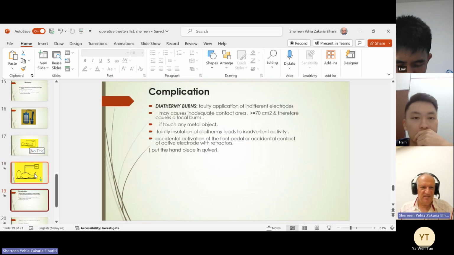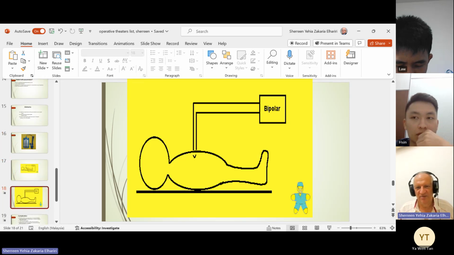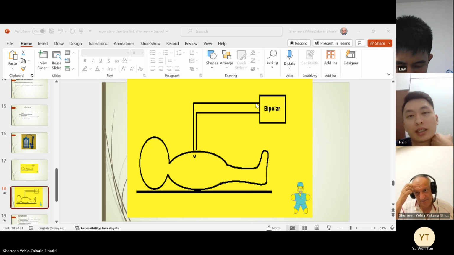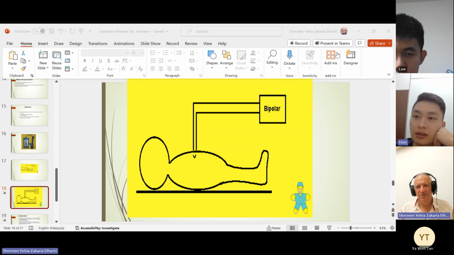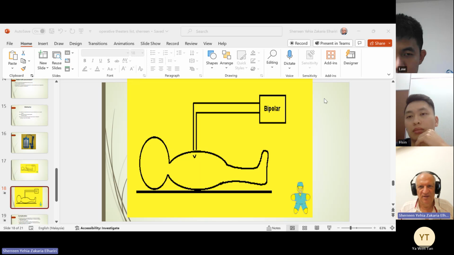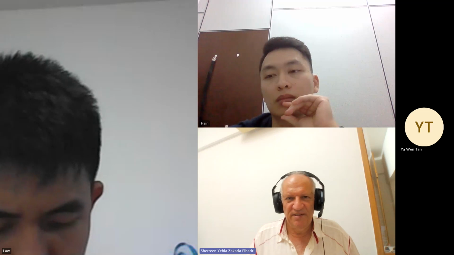After that, they ask you what is the complication of the diathermy. Any one of you, what is the complication of diathermy? Diathermy burn, accidentally ignite the fire because of oxygen. Okay, usually it can make a burn, it's not common, but it can happen. Okay, so the common, I just need to share the screen again. So the common is,